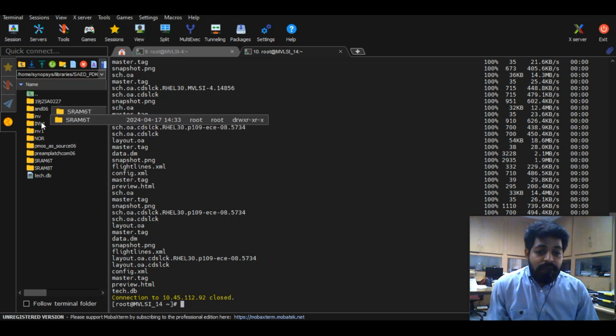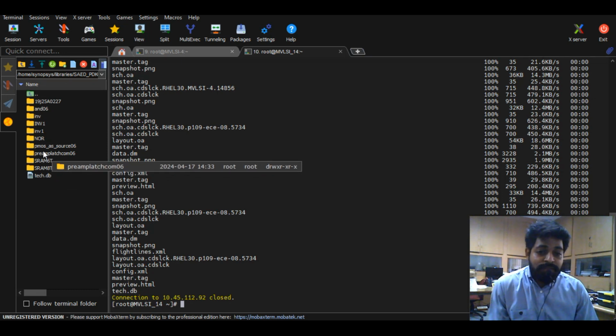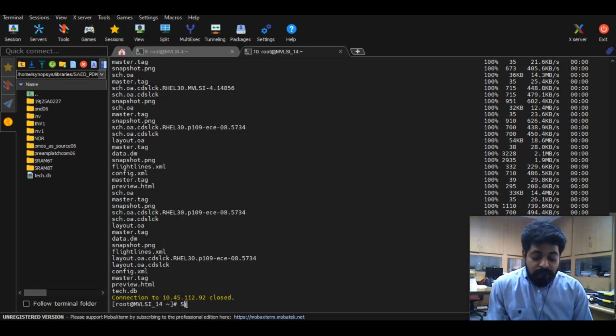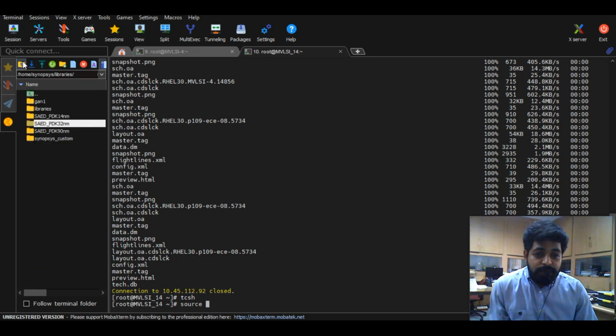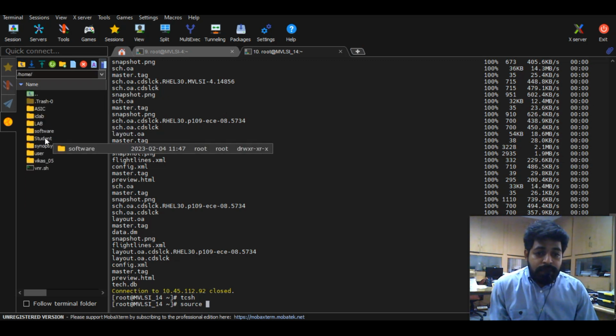So for that, whatever library we have, this is called a user defined library, that we have to add to the Synopsys Custom Compiler tool. So now let me open the Custom Compiler GUI. There, in the 14th PC, I'm opening SSH, sorry, TCSH, and let me invoke that source file. So let me show you where the source file is. Yes. So in the home folder, in the Synopsys,